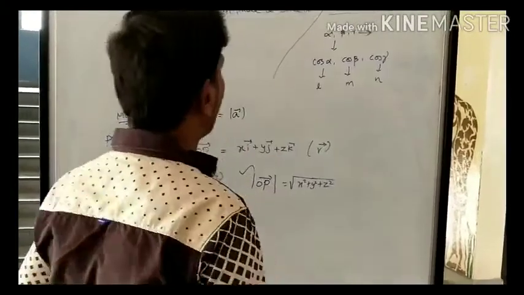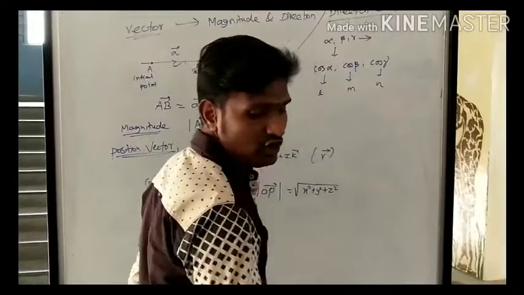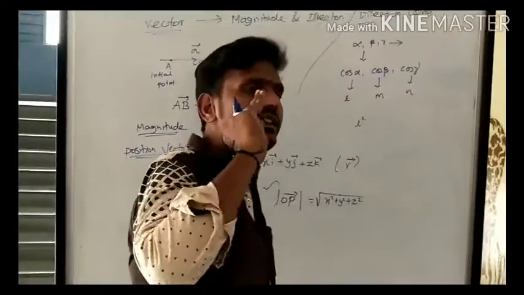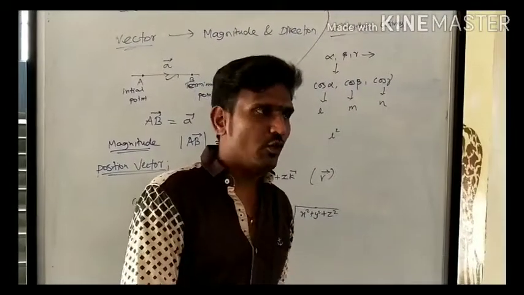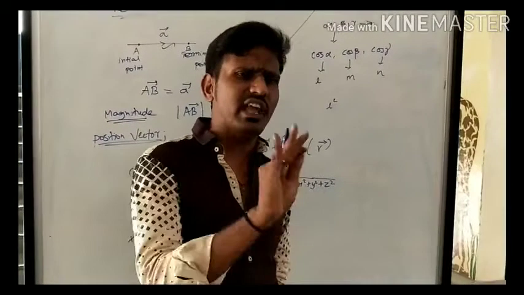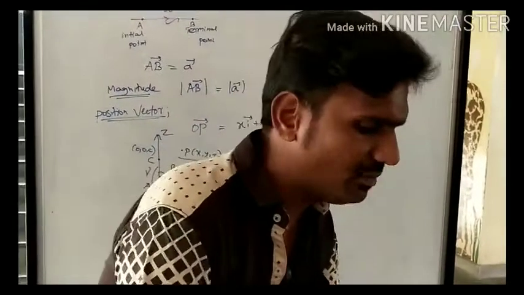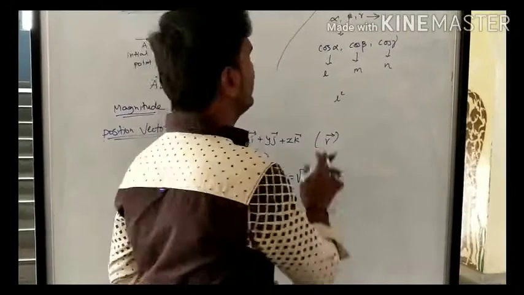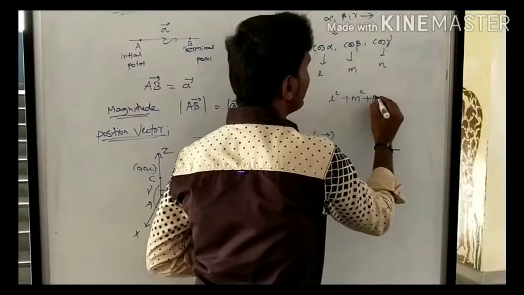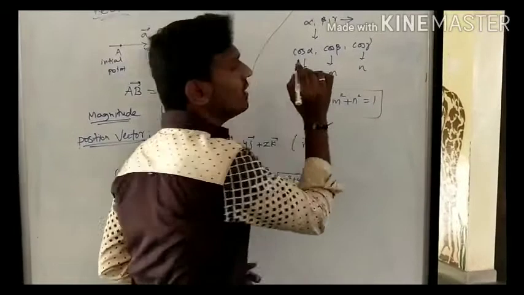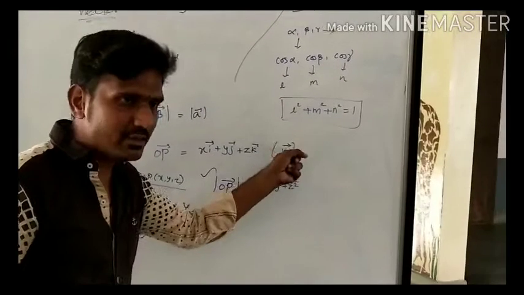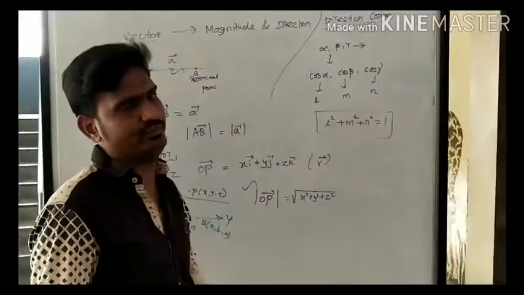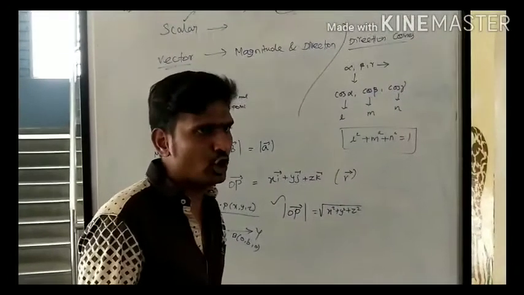Okay. Note that before that we have one condition. Note page number 427. When the direction is given, in the example they give three angles, for example 60, 30 or any angle. Three angle values are given, so how do we verify, how do we identify whether the given angles are direction cosines or not? So the condition is l square plus m square plus n square is equal to 1. L means cos alpha. For example, cos 60. Do you know the value of cos 60? 1 by 2, no? That's right.